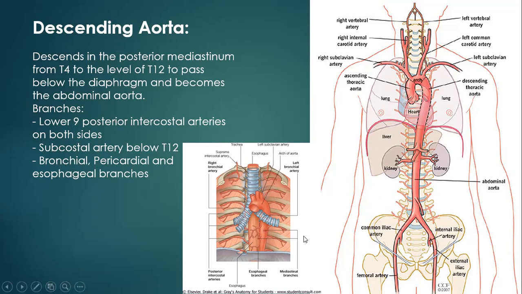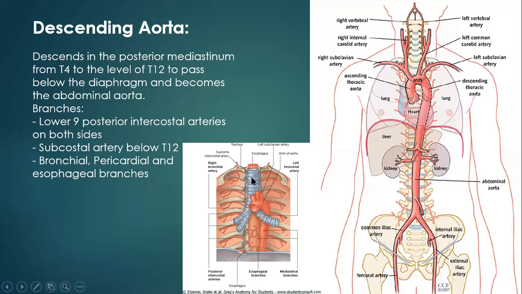One is the bronchial arteries. If you see here, these are the right and left bronchus. The trachea divides into right and left bronchus. This bronchus is supplied by branches directly coming from the descending thoracic aorta. Then the pericardial arteries, especially the fibrous pericardium, the outside covering, are given by the descending thoracic aorta, and even the esophageal artery.